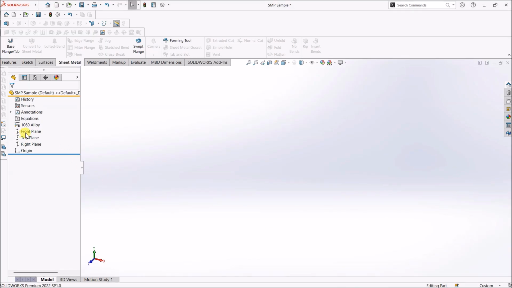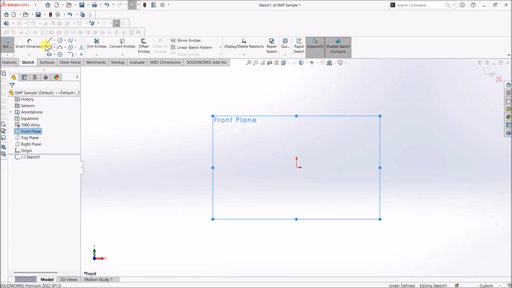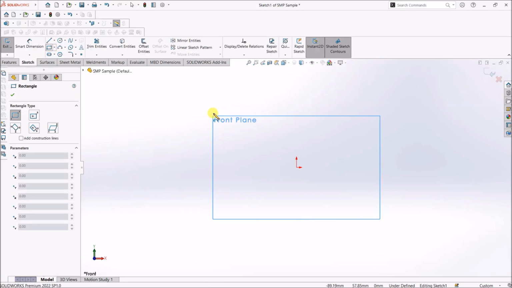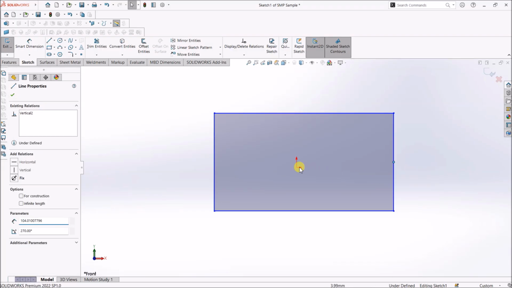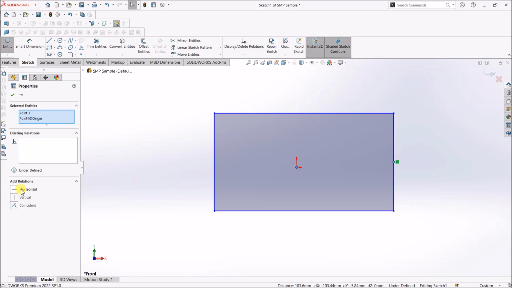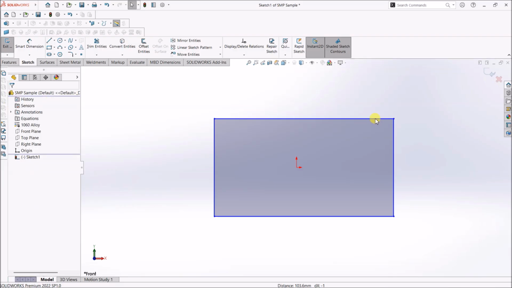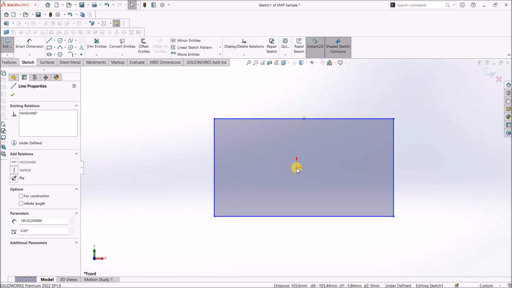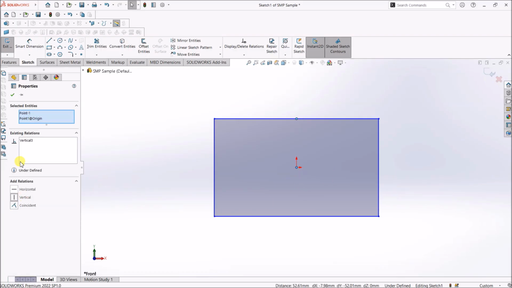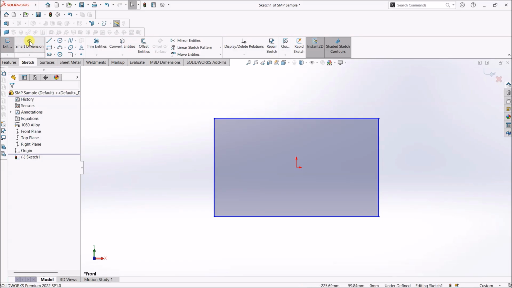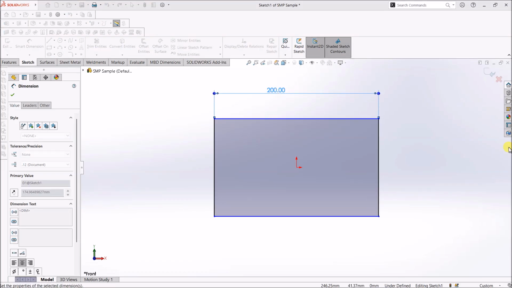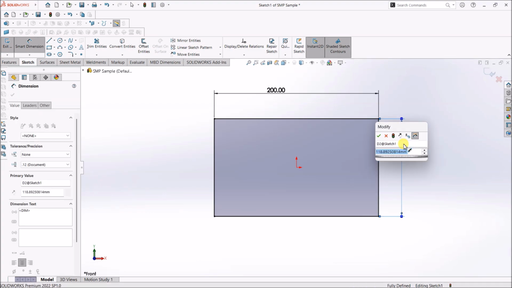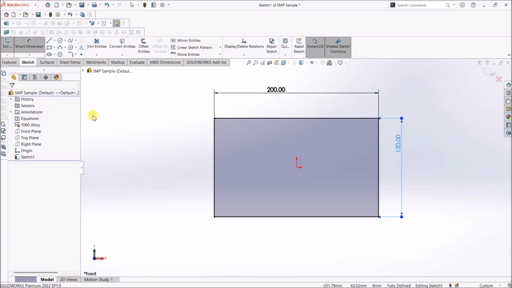First, right click, front plane. I'm going to use corner rectangle for this. Right click here and I'm going to select midpoint, control, and the origin. This is going to be horizontal, and here I select midpoint and then origin, vertical. To make the sketch fully defined, I'm going to add some random dimensions. So 200, and this will be something like 120. Okay,